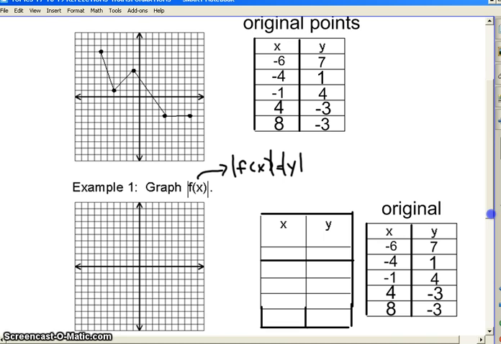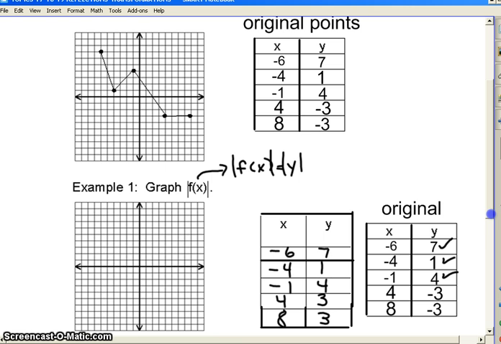Okay, so look at your original points. 7, 1, and 4 are already positive. Those values are not going to change. Okay, but the negative 3's need to go positive. So the new points are positive 4, positive 3, positive 8, positive 3. Only the y's changed. Whenever you see the absolute value bars around the whole function, that really means absolute value